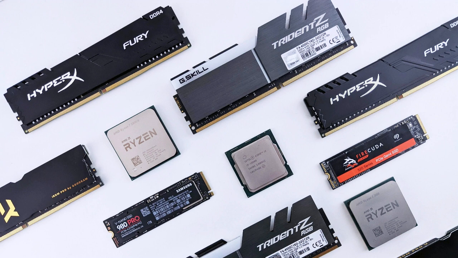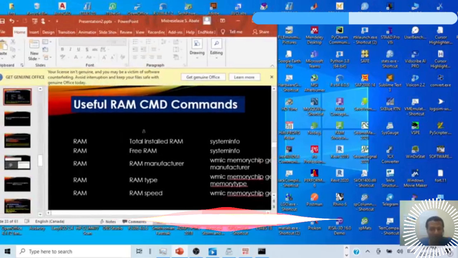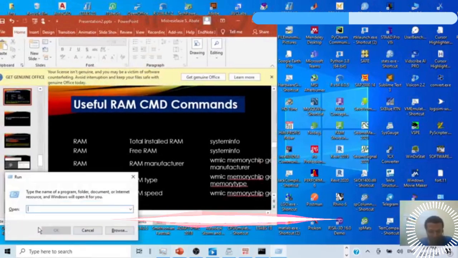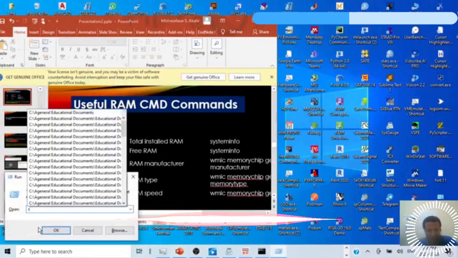That is another point. So as you can see, RAM size 8 GB, type DDR4 or DDR3. If it is DDR4, it is better than DDR3. Always the higher is the better, okay? Speed in megahertz, like 1800 up to 2000 megahertz, and check whether the RAM is expandable or not. These are very important. And as usual, I have the command here, Windows plus R and command prompt,